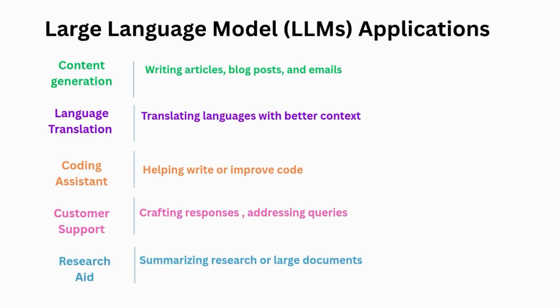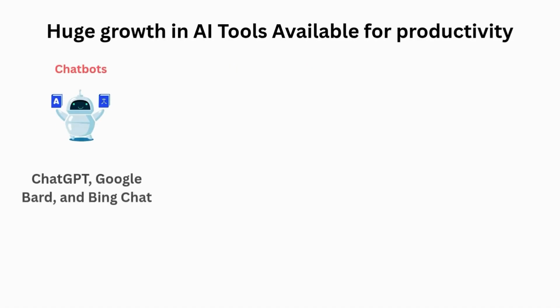Here are a few ways we use large language models: writing articles, blog posts, and emails; translating languages with better context; helping write or improve code; summarizing research or large documents; and automating customer support. This technology has led to a boom in AI productivity tools such as